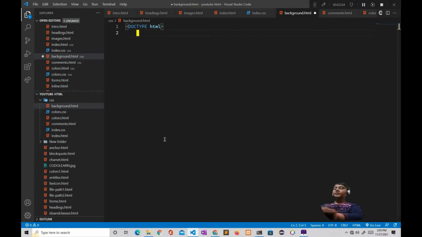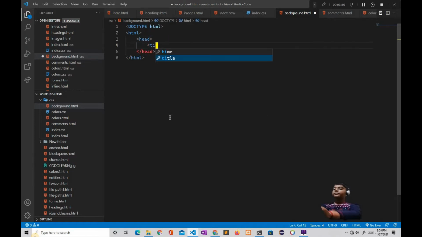Then we have to add the HTML tag. Just wait a second guys. Yeah, we have to add HTML, and here we type head, and inside that we add title,